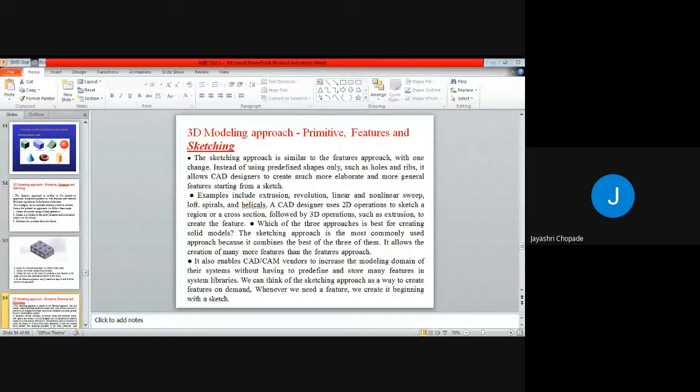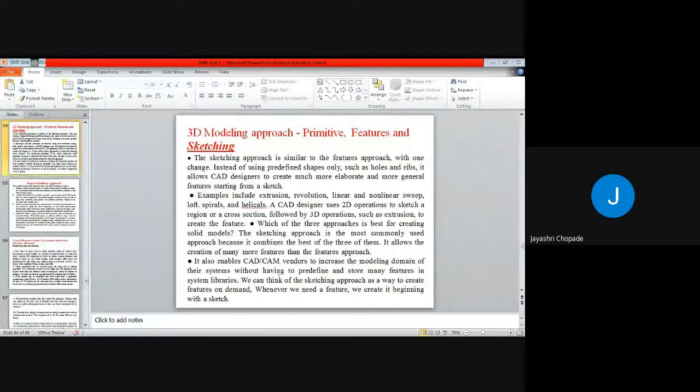So here, in case of sketch, we are producing the sketch, and then after making the sketch, we are converting that sketch into the 3D model, such as with the help of extrusion, because with the help of these 3D approaches we can create a 3D model. Which of the three approaches is best for creating a solid model?